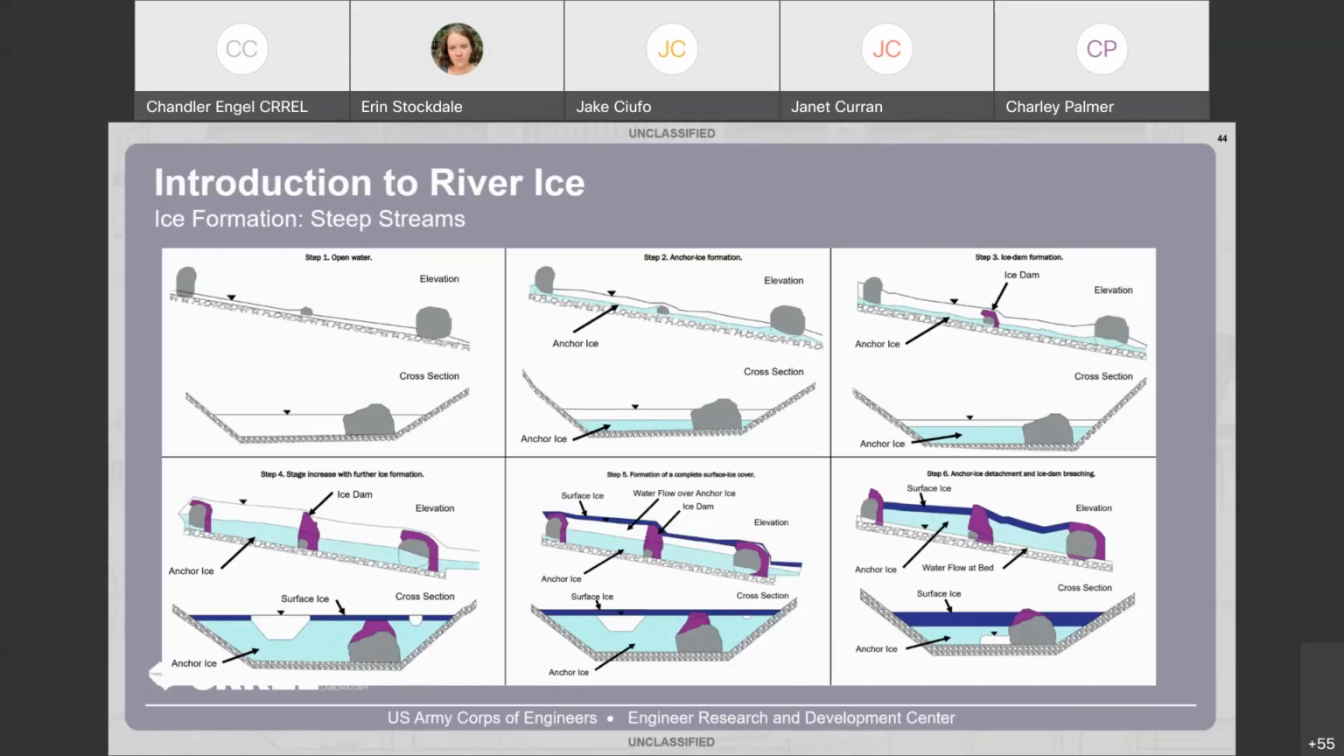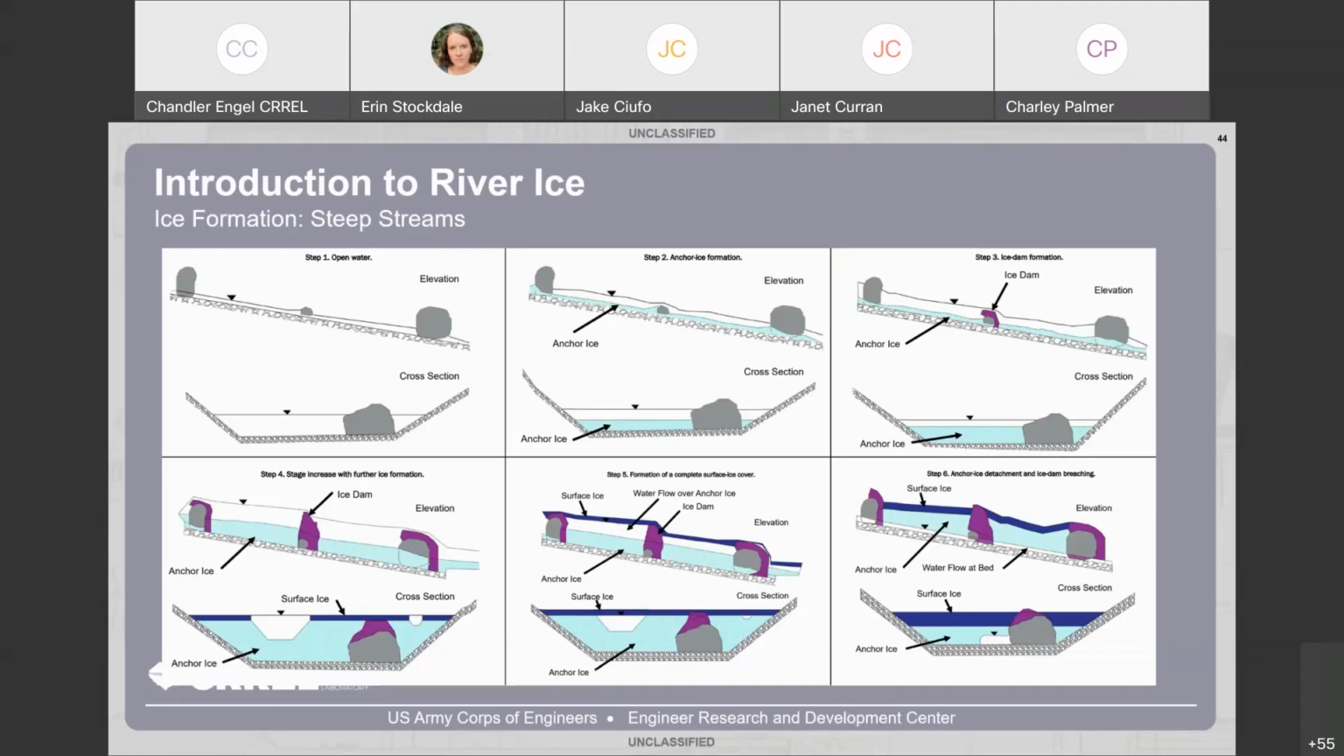The top left figure is what the stream looks like in the late fall. So the top part of each figure is the profile of the stream, and the bottom part of the figure is looking at it in cross-section, looking downstream. So in the late fall, in step one here, the flow is in recession and is probably pretty low, pretty shallow. Moving to the right, in step two, we see cold air temperatures have created the conditions for